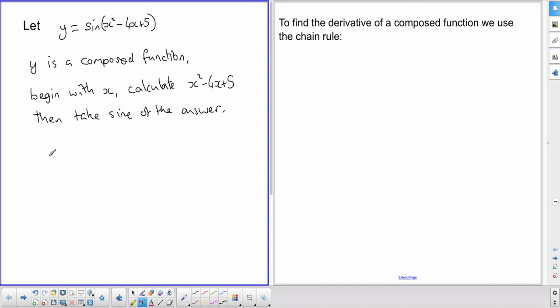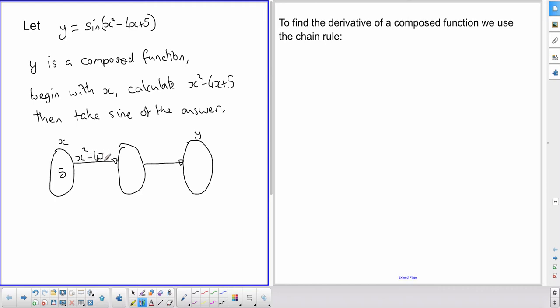That means when we begin with the value x, we have to first calculate x squared minus 4x plus 5, and then we take sine of the answer. So as a Venn diagram, suppose we take the value x, when we calculate x squared minus 4x plus 5, we get 10, and to find the value y we have to take sine of 10. We usually call the intermediate answer u, just to give it a name, so we'll say y is equal to